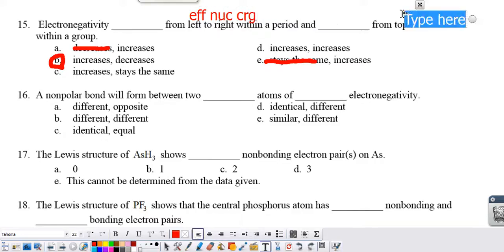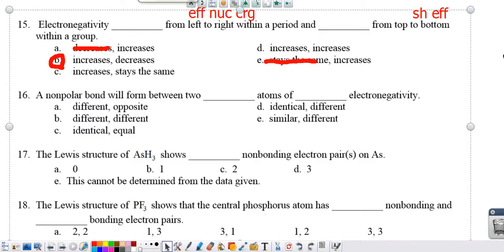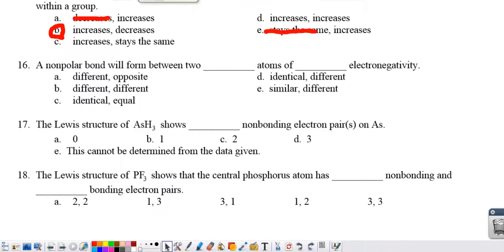From top to bottom, shielding effect. Shielding effect versus effect of nuclear charge causes the difference between those two. A non-polar bond will form between 2 blank atoms of blank electronegativities: identical and equal. So if you have 2 chlorines, they would be identical, and their electronegativities would be equal, so the bond would